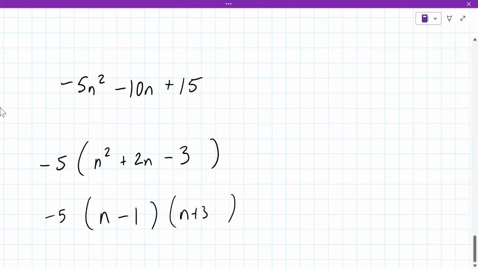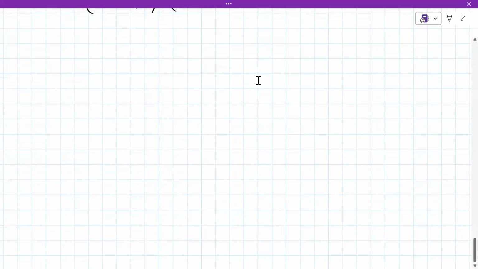Right. Trying to find one here that kind of culminates all this stuff. So let me find another one here. Let's see here. Yeah, this will be good. All right. Let's do